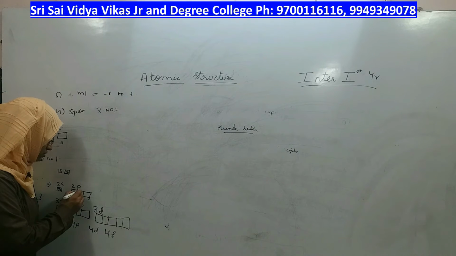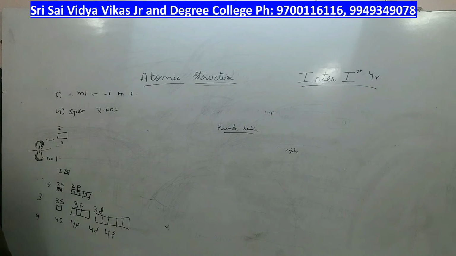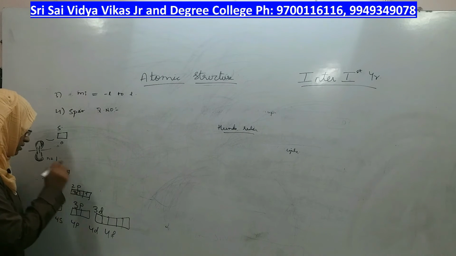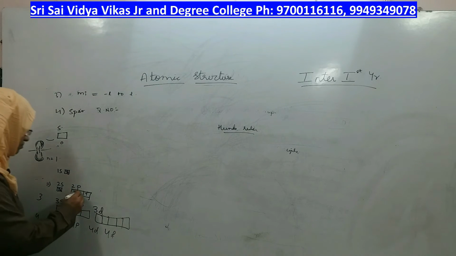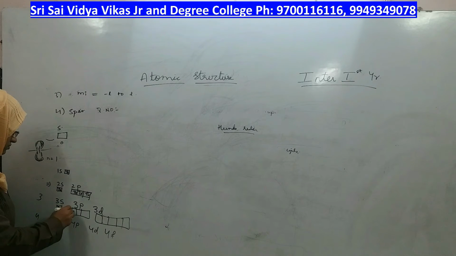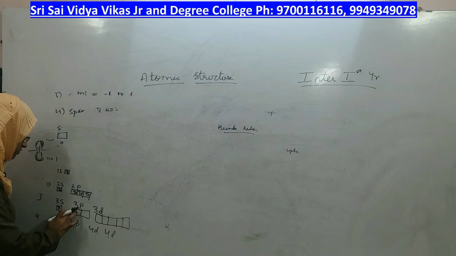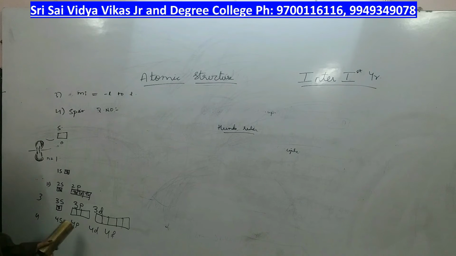So the next electron should come here, the next electron should come. All the orbitals got one electron each. Now the next electron we can do pairing. Now lower energy is filled first, then go to the higher energy, 3s. Is it correct? No. Lower energy should be filled first, then only we should go to the higher energy, right?